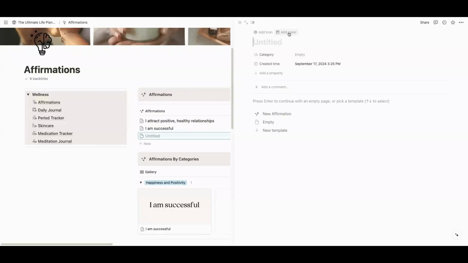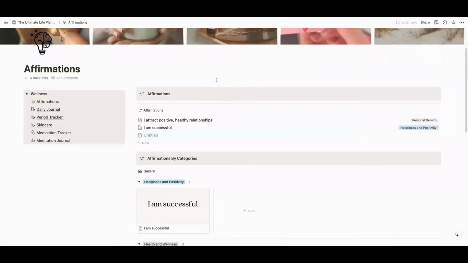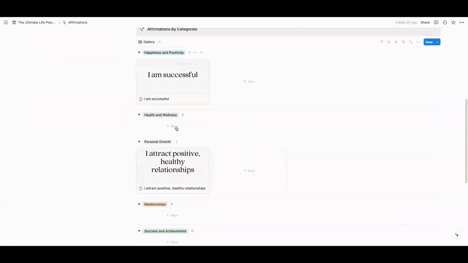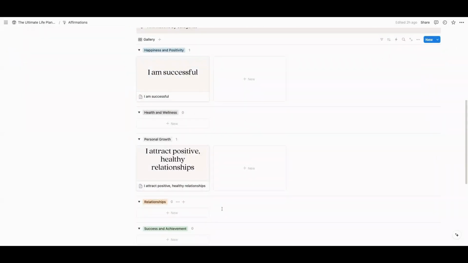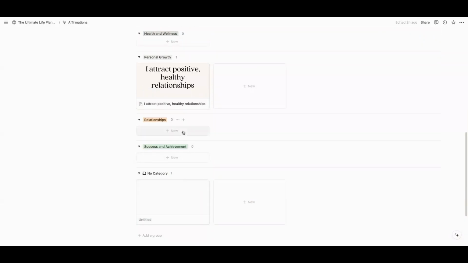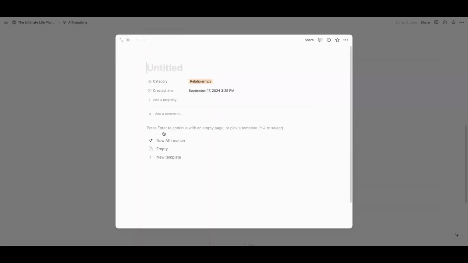You can just add a cover if you like the affirmation to also be an image, and you can just add the information here for yourself. And you can also put it in a category if it's like health and fitness, if it's relationships or success and achievements. And if you want to add an affirmation over here in the relationship goal, you can just click